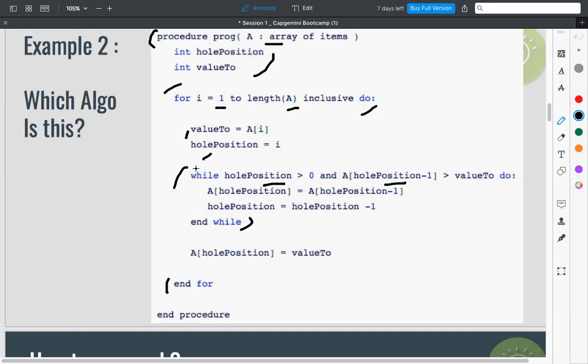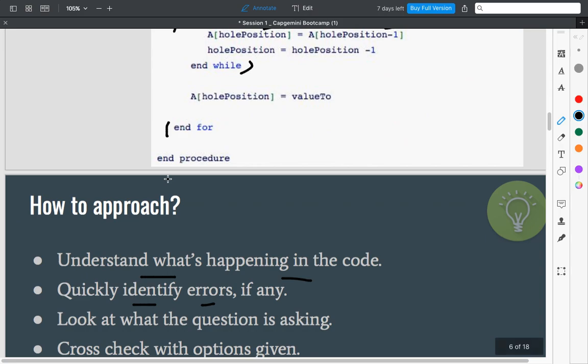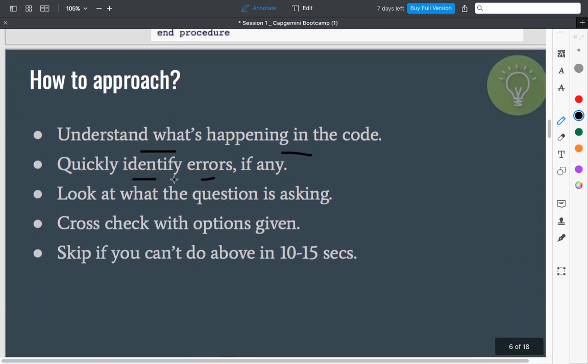They can also give you C code and ask you to tell the output of it, and there may be compiler error questions in it, options in it. So you have to check for errors as well. If there is some compiler error, you have to identify it using your common language knowledge, that a semicolon should be there, an array should be initialized this way.